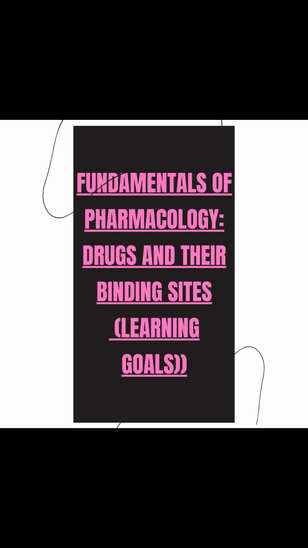Neutral antagonists do not elicit any response on their own but prevent the natural ligand or agonist from binding and producing an effect. D. Inverse agonists. Inverse agonists are a bit unique compared to the others. They bind to the same receptor as agonists but produce the opposite effect. Instead of activating the receptor, they cause it to become less active than in its baseline state, constitutive activity. Inverse agonists are useful when the receptor is showing excessive baseline activity, and their action can lead to a decrease